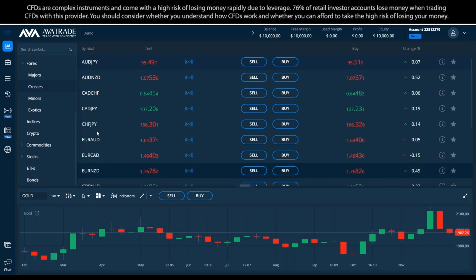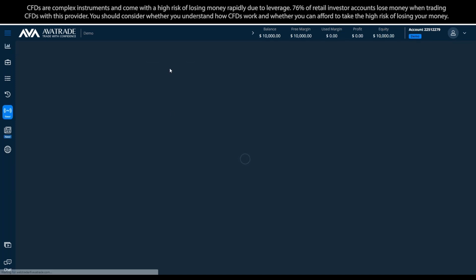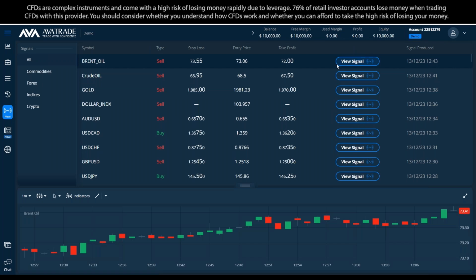The next thing that I'm going to show you is we're going to go down from the signals down. There are some functions, like I said in the beginning, that can only be found on the WebTrader and the AvaGo. Okay, one of them is the signals section. There are two ways to enjoy signals by Trading Central. One of them is by clicking on the tiny blue lightning icon here, or just going to the signals section itself, and then you can find the signals. What exactly are signals? So let's, as an example,